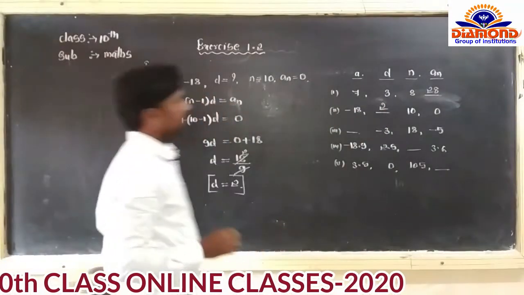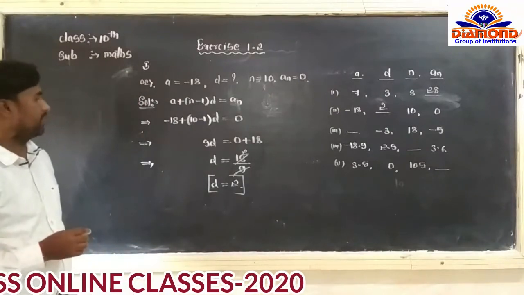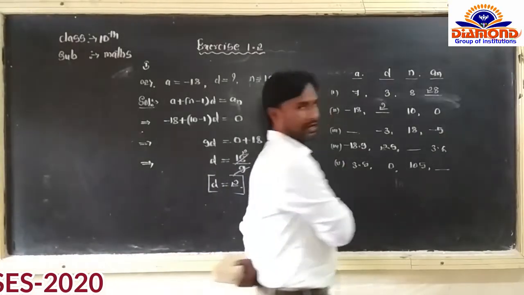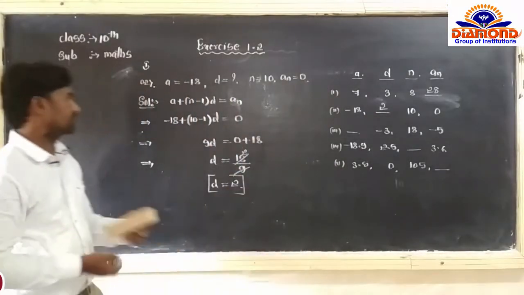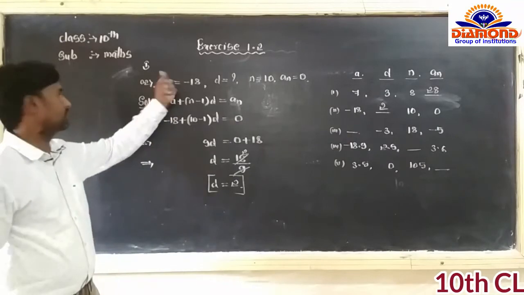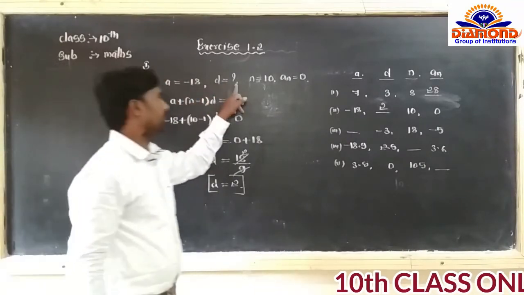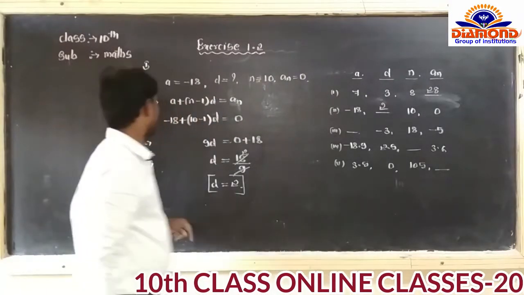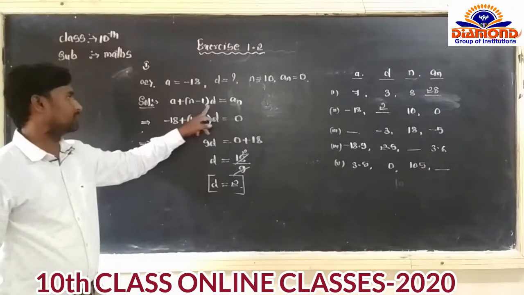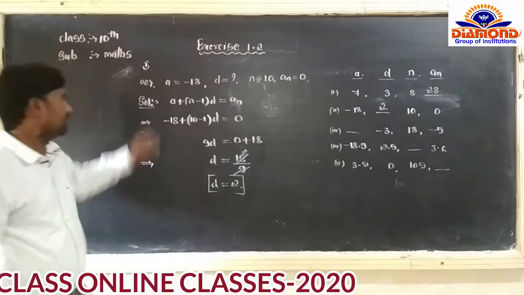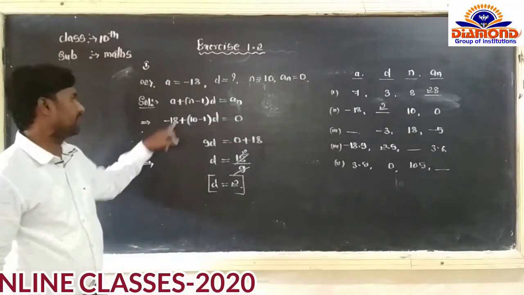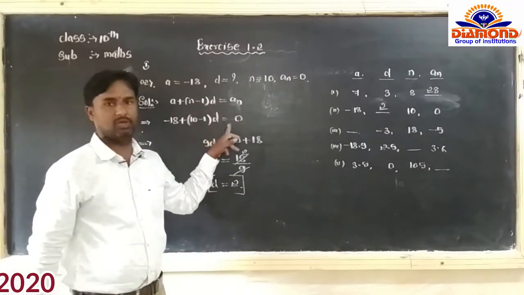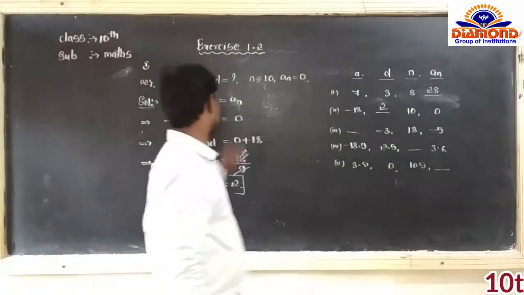First question, an he asked, an value is 28. Second question is what? He asked here the common difference. We got it like that. So one more time, repeat, dear students. What here? So second question, the value is what? a is equal to minus 18. Common difference we are finding. n is equal to 10. an, n equal to 0. Next, a plus (n minus 1) d is equal to an. Substitute the value. a value is minus 18 plus as it is, n value is 10 minus 1, common difference as it is, equal to an, which is given. So 0, that's why I wrote it there.